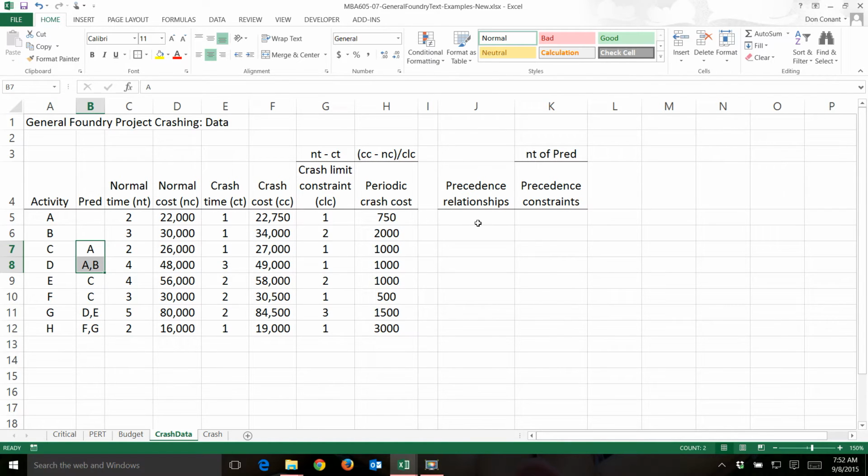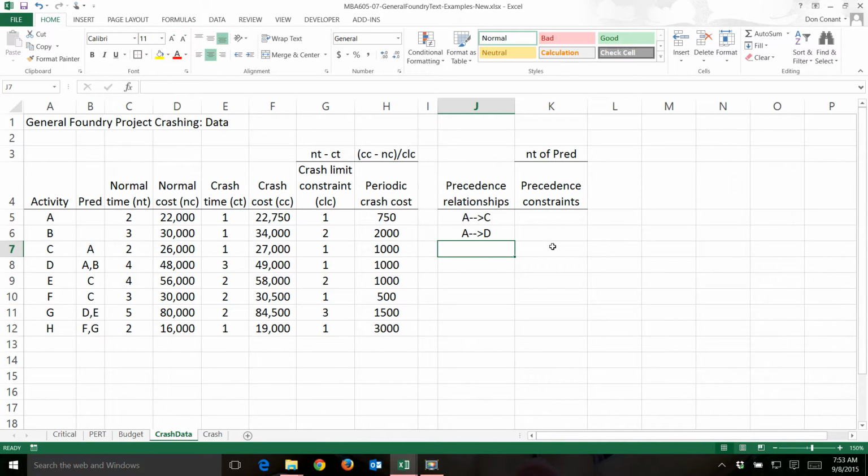We need to represent that here, so we'll represent it this way: A precedes C, and this is just my choice for using the two dashes and the greater than sign. There's nothing magical about this. It's just a way of indicating that A precedes